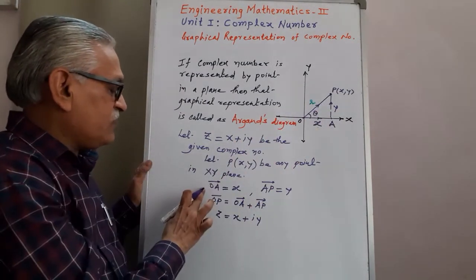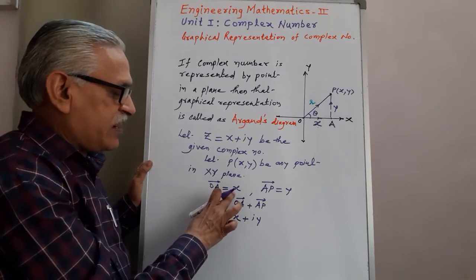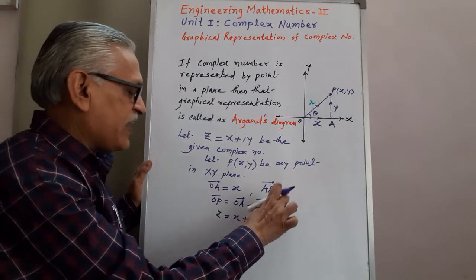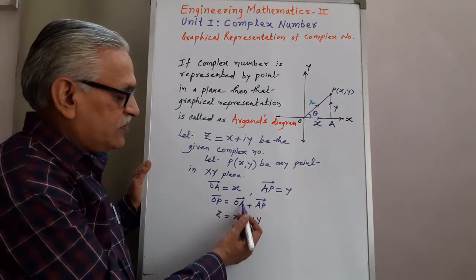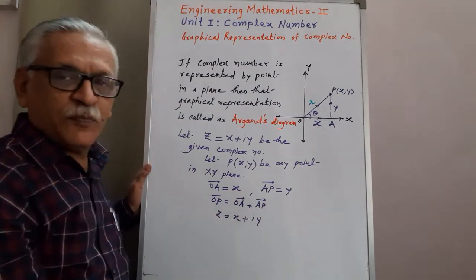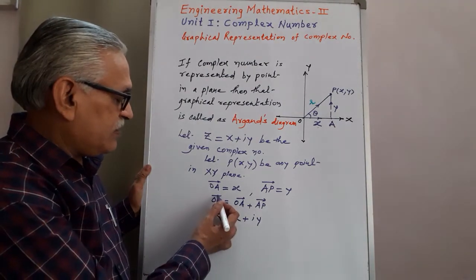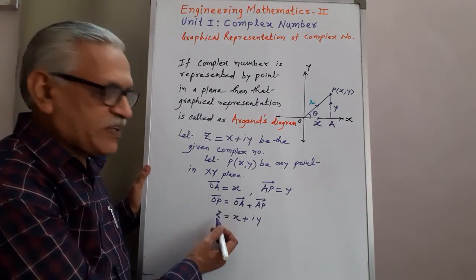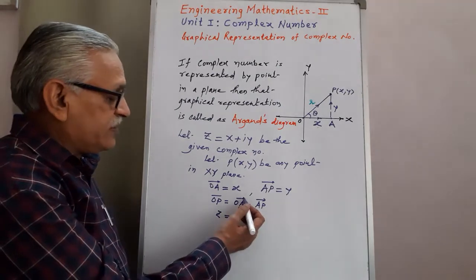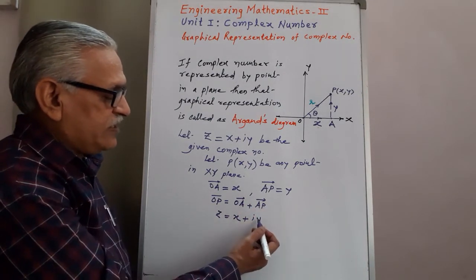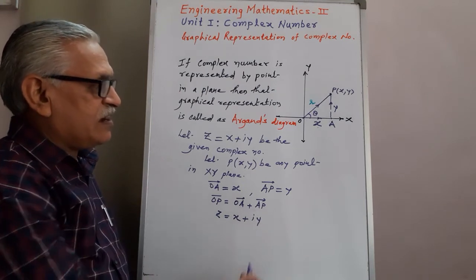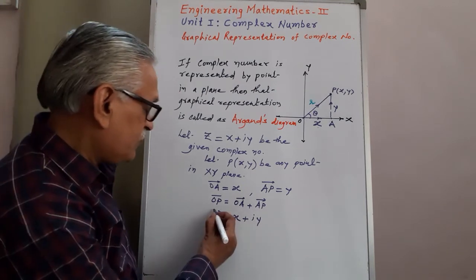From that figure we have vector OA as x, vector AP as y. Then as per vector addition we get vector OP as vector OA plus vector AP. If vector OP represents that complex number z, then it is x plus iy. Therefore